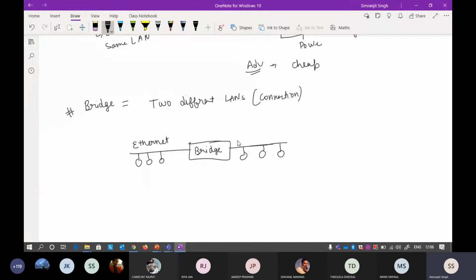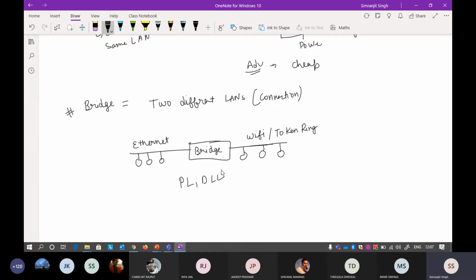In the same way, a bridge is used to connect two different LANs. It can happen that your devices are connected in a LAN with the help of Wi-Fi, or there is another LAN that is referred to as a token ring. Wi-Fi is very easy to understand. Token ring is another type of LAN. I will also talk about it in detail, don't worry about it. So just understand that a bridge is used to connect two different types of LAN. The hub is not able to do that, but a bridge is able to do that. A bridge contains two things: your physical layer as well as your data link layer.